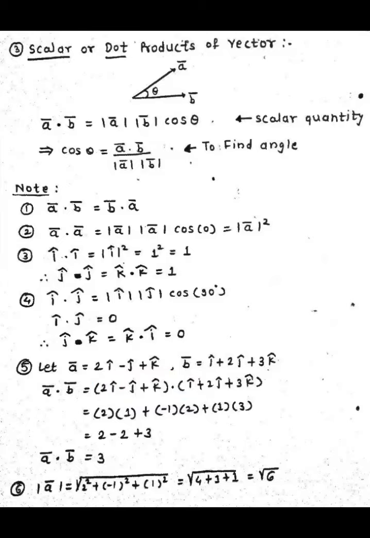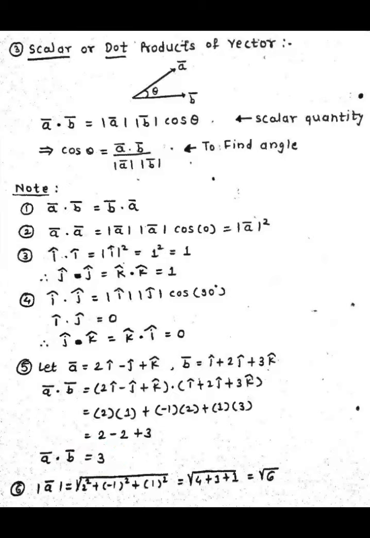That's why we only focus on the I components. So I'm writing here 2 into 1, and I dot I becomes 1. Similarly for the j component, take the dot product of only the j components. So it is minus 1 and 2, and j dot j becomes 1. And now take the dot product of the k component. It is 1 into 3. So students, after simplifying, you will obtain the dot product a bar dot b bar is 3. So the dot product gives a scalar quantity. So this product is also called the scalar product of vectors.